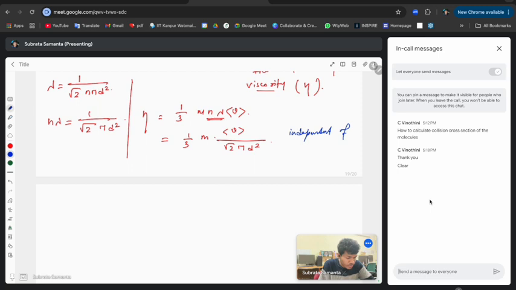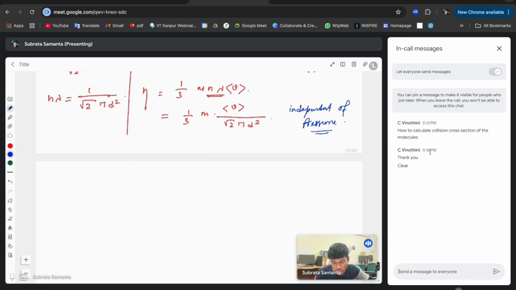Independent of pressure. Okay, but it's directly proportional to the square root of temperature, because the v average